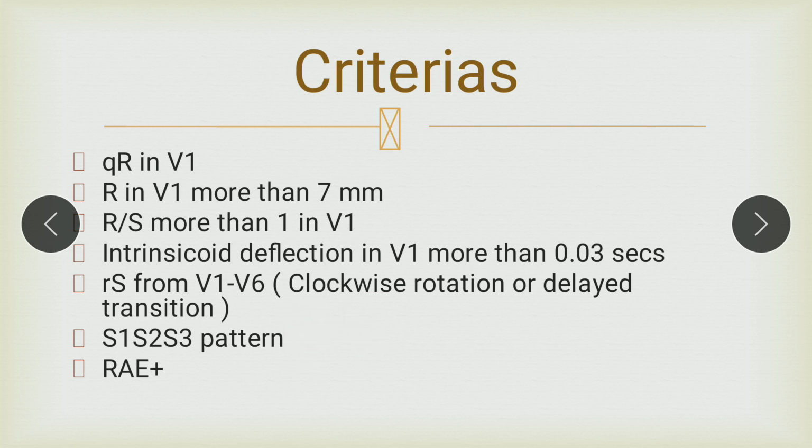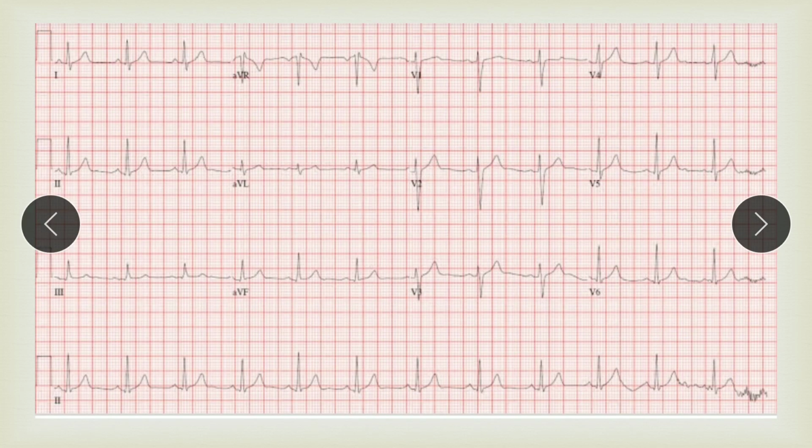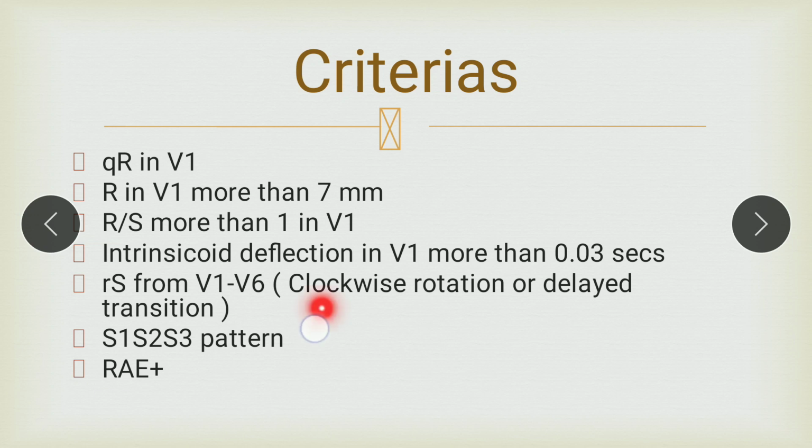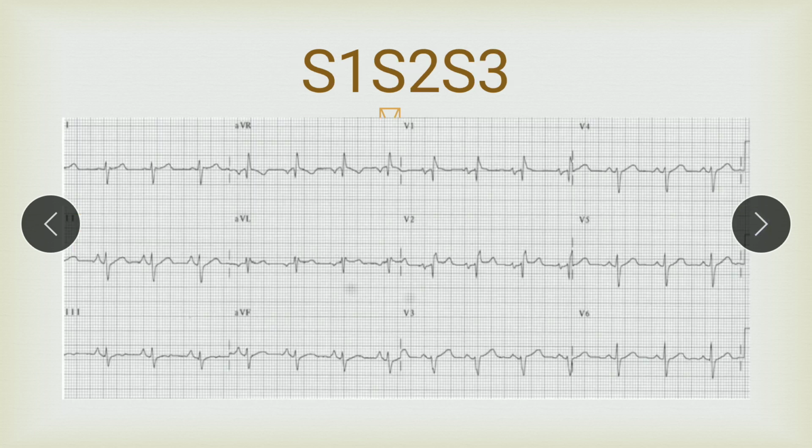And one more feature is the S1, S2, S3 pattern. We have seen in the normal ECG that the S waves are negligible in lead 1, lead 2 and lead 3. Whereas in case of RVH, you can get this pattern also, S1, S2, S3 pattern. To add more points to a diagnosis, the patient may have right atrial enlargement also, P pulmonale. Naturally, when there is right ventricular hypertrophy, the previous chamber gets enlarged, that is the right atrium gets enlarged, so the patient will have P pulmonale also. These are the various criteria that have been set in the textbooks.